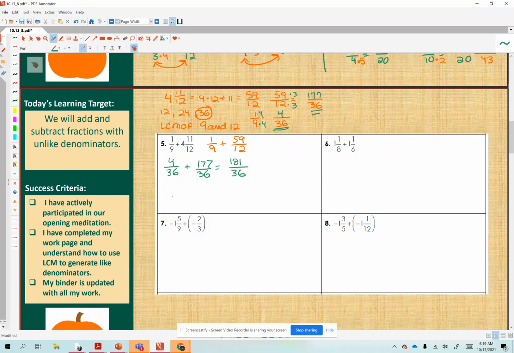And if we divide 181 by 36, we will see that